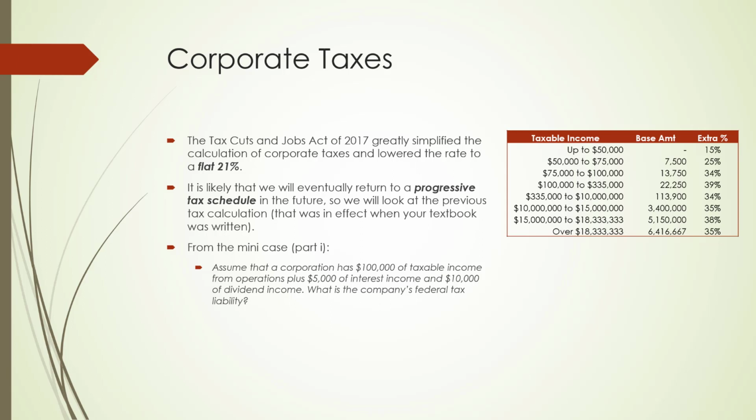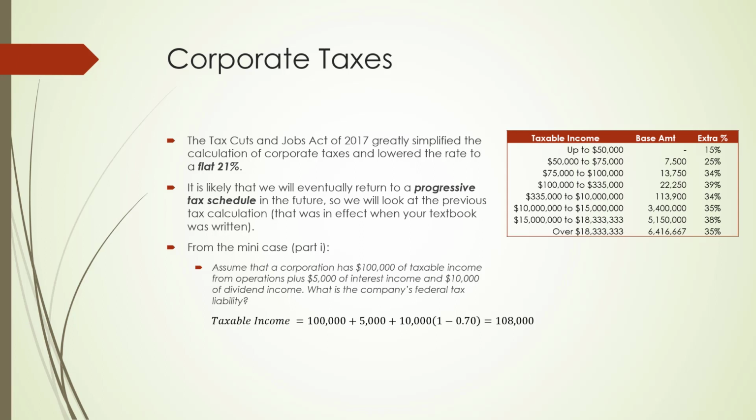So that same income has been taxed 3 times, and that seems unfair. And so what Congress has done, or had done up until the 2017 Act, was to allow for corporations to pay taxes only on 30% of their dividend income. So of that $10,000, only $3,000 is taxable. And so that gives us total taxable income of